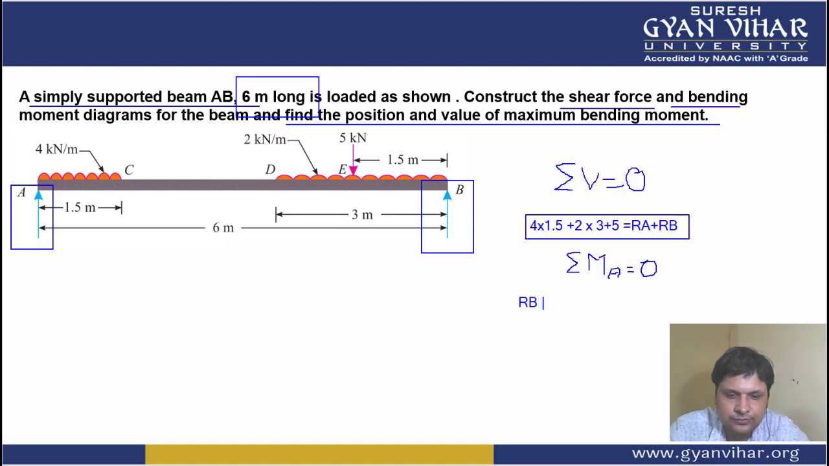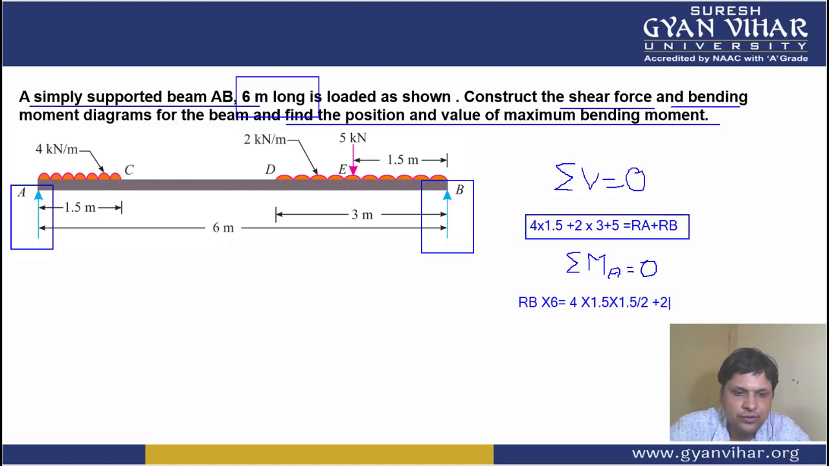Rb into its distance from A, which is 6 meter, the span which is given to you, should be equal to the other forces multiplied by their perpendicular distance from point A. That is 4 kilonewton per meter is the UDL, and since it is acting on 1.5 meter, it will be considered as a point load acting on its center of gravity. And what will be the value of this point load? Its value will be the UDL multiplied by the length on which it is acting. So 4 into 1.5 is the point load, and its distance from A will be considered as 1.5 divided by 2,